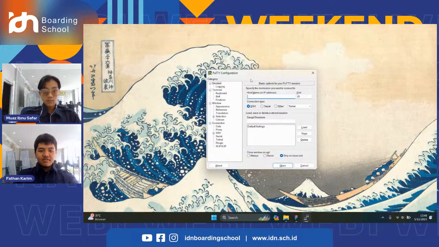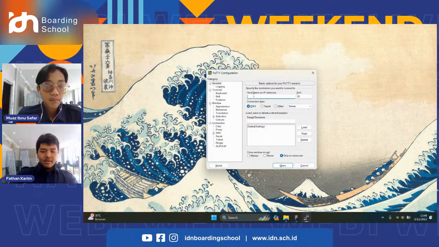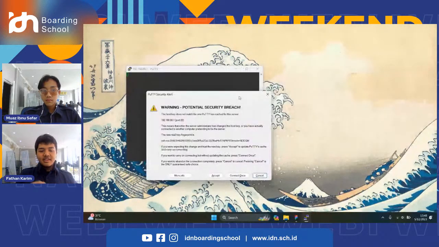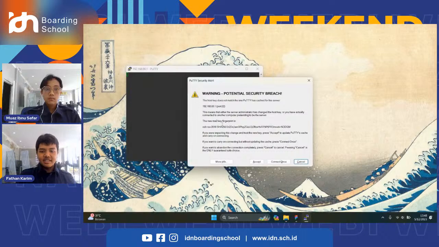Now we're going to connect via SSH, and we enter the IP of the router that we connected to, for example, like this, and click open. When we first connect to the CLI, we need to accept this fingerprint key, and we click accept.